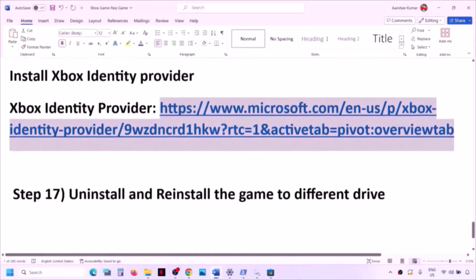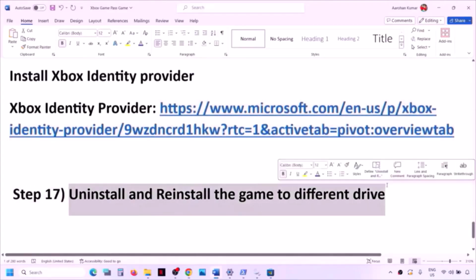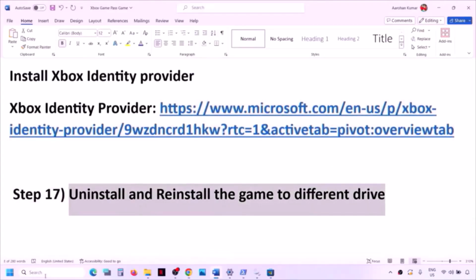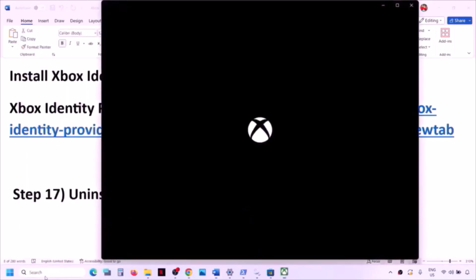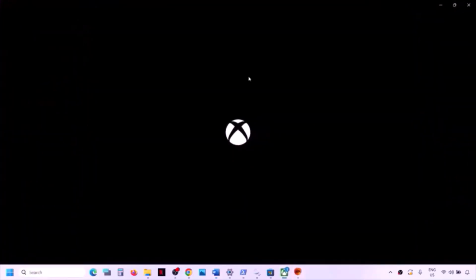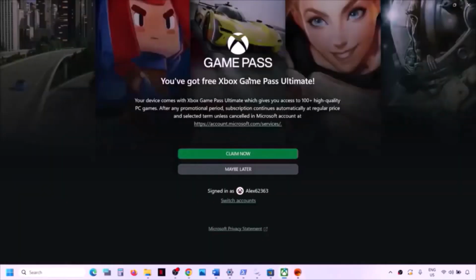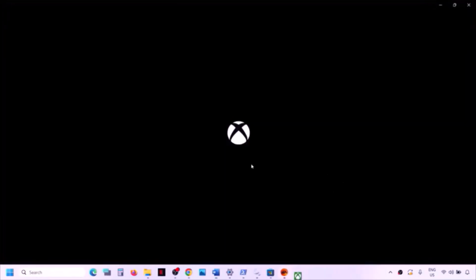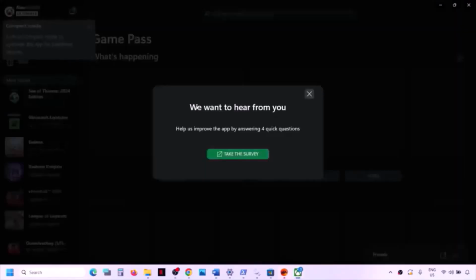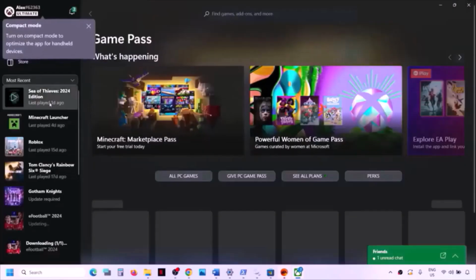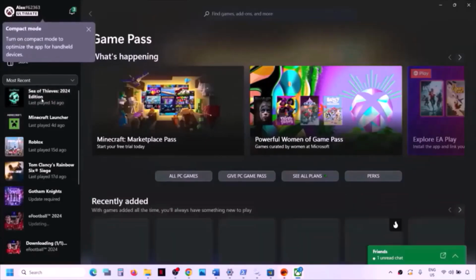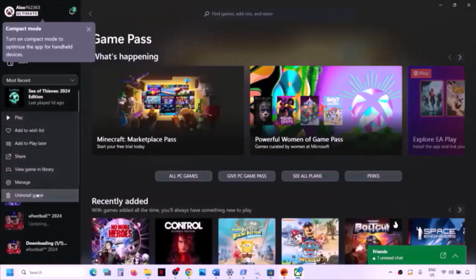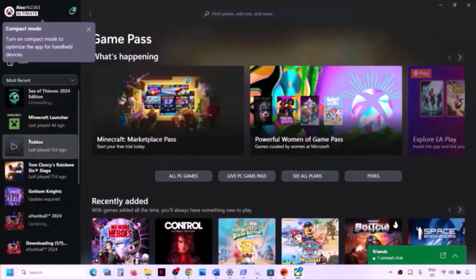The next step is to uninstall and reinstall the game to a different drive. So if nothing is working, you can open Xbox app or Microsoft Store, and then you can try to uninstall the game and then reinstall the game. You can simply uninstall and reinstall. Go to Xbox app or Microsoft Store, make a right click on the game and then click on uninstall. Yes. And once the uninstall is complete,